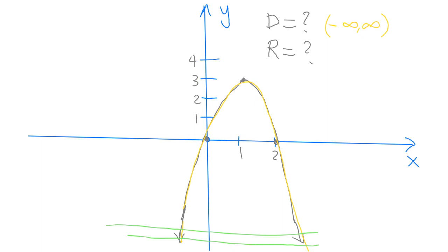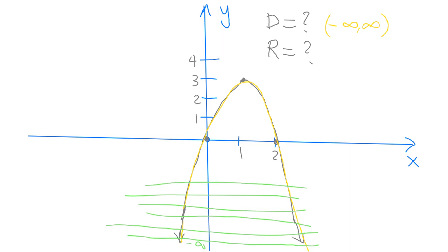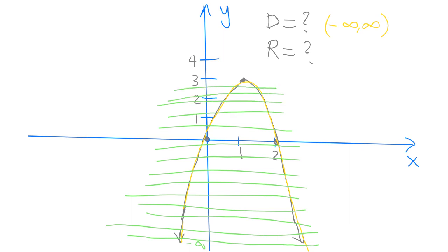We keep intersecting the curve, right? This is from minus infinity to where? I have to go up. You see, all of these lines intersect the curve until 3. After that, if you draw a line, it will not intersect the curve. So the range from